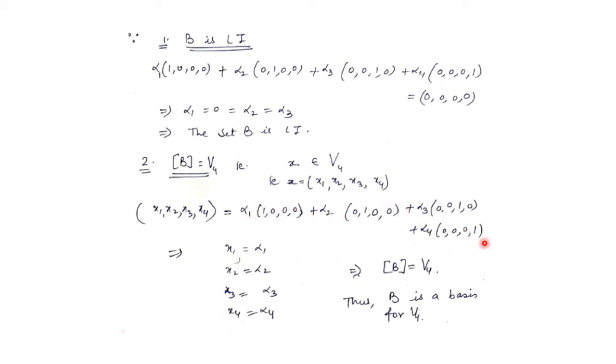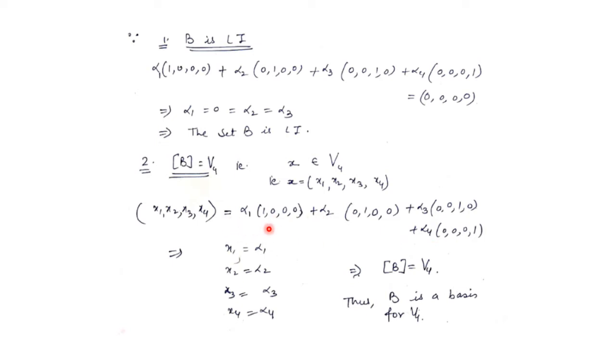So we write down the linear combination of it, and now we need to check whether this element of V4 can be written as a linear combination of these four. If this holds, meaning if we can find the values of alpha i's, then the element X also belongs to the span of B, right? And since X is an arbitrary element of V4, it is true for every element of V4, right? So that means these two are equal.